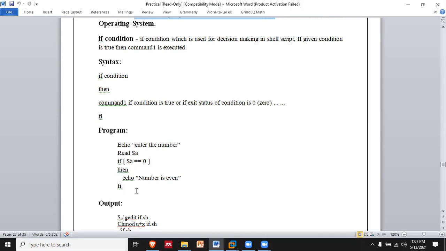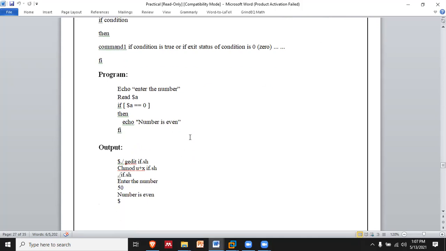I just want you to do these few steps, as you did for your previous program where we had to read something from the user. Again here, enter the number, where the number is given, and we read that number value, then we check it, and then we print whatever we want on the screen. Just try it.